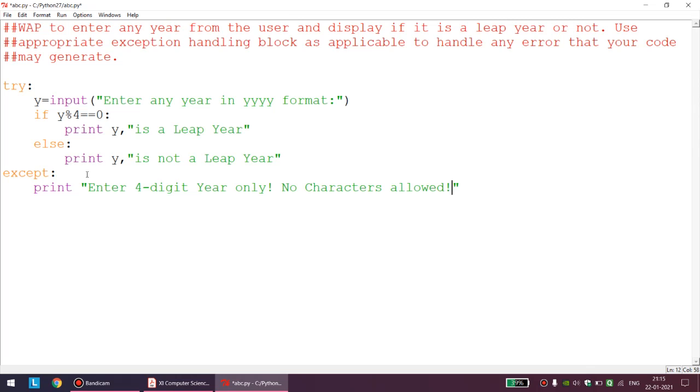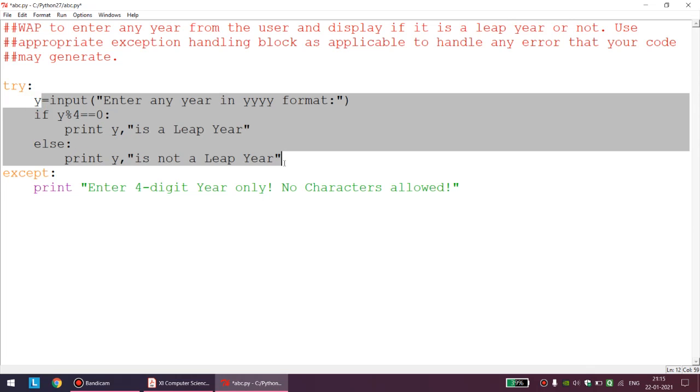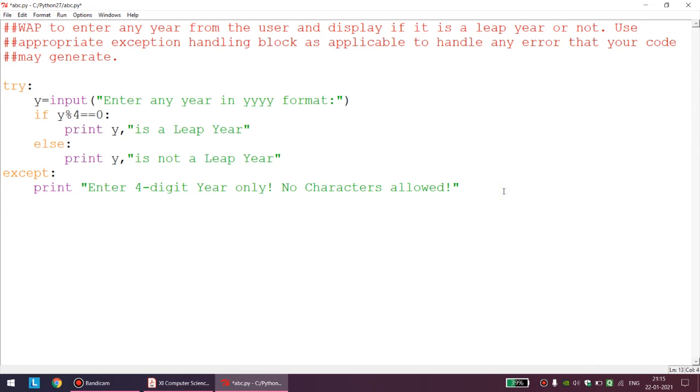I hope you are getting me. This could have been handled very well programmatically. I know how to restrict entry of characters. I know how to count the length. But because we are practicing exception handling, I made sure that intentionally I am not handling that case. When we are doing it, let us do it completely. Else, what can I do? Else, let us say no error. These last two are not compulsory. Finally will execute regardless of anything, so I can print thanks here.